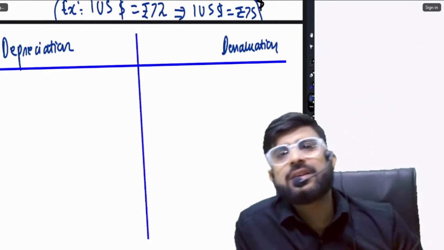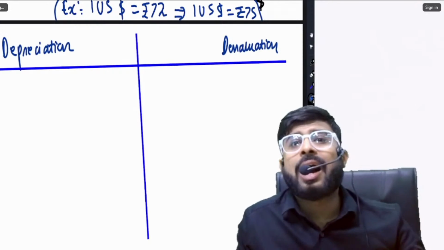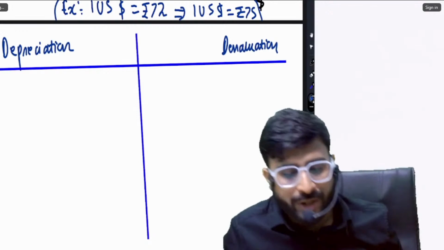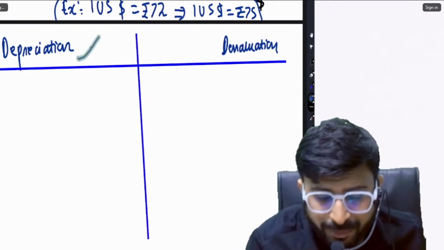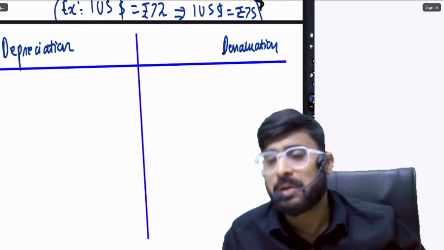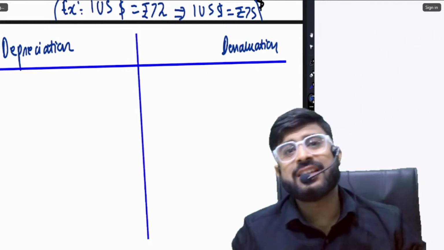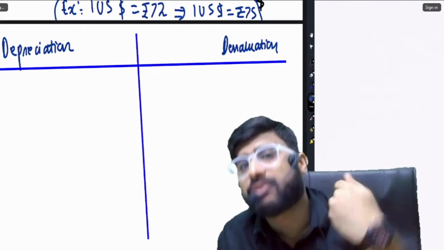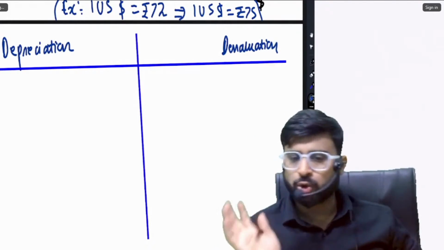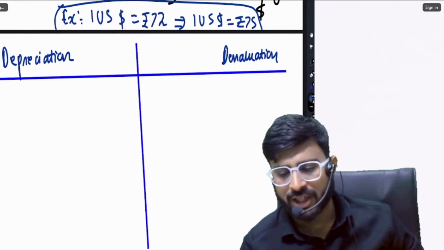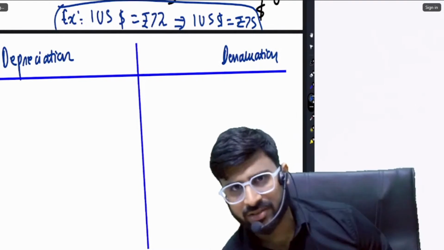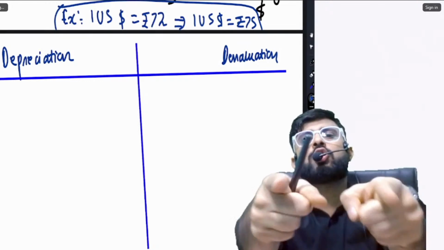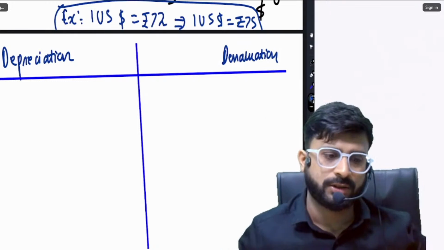Right. So when does depreciation take place? Friends, under the floating rate system, when market forces reduce the value of the rupee, then it is called depreciation. If it is a market system, that is a floating rate system. But if the value of the rupee falls due to a fixed exchange rate system, that is, due to government interference, then we call it devaluation. So the impact is the same. That is, $1 of 72 becomes $1 of 75. The cause behind that impact is different in the two cases. I am sure it's clear to each one of you. Yes or no? Come on, guys.